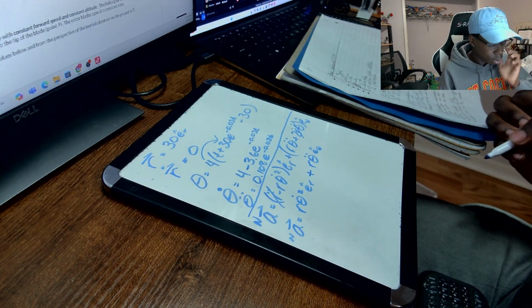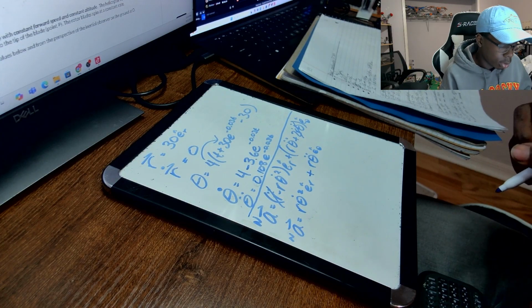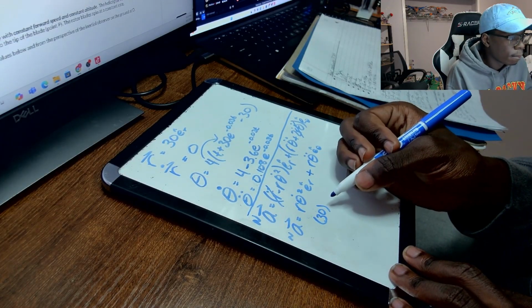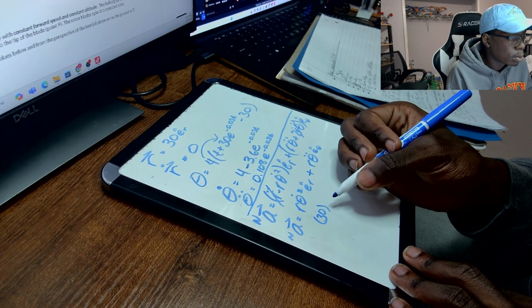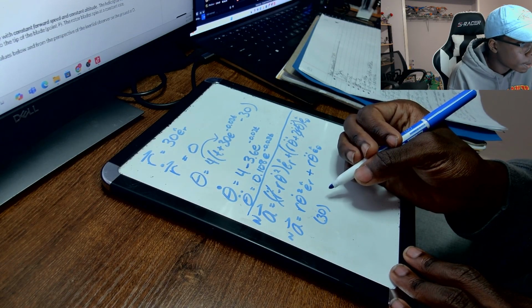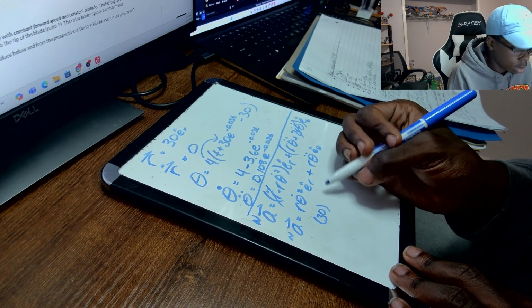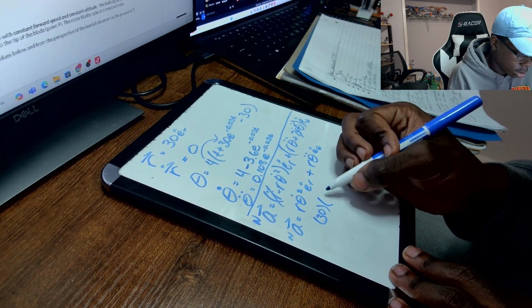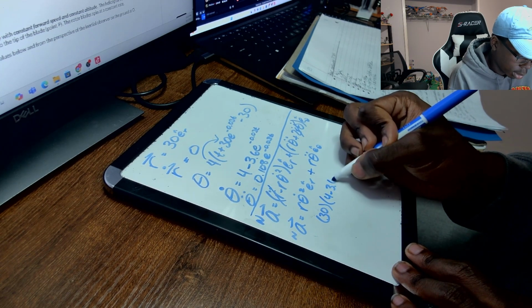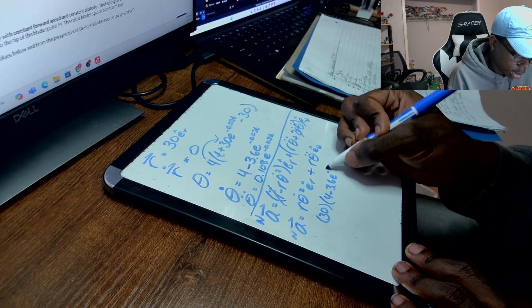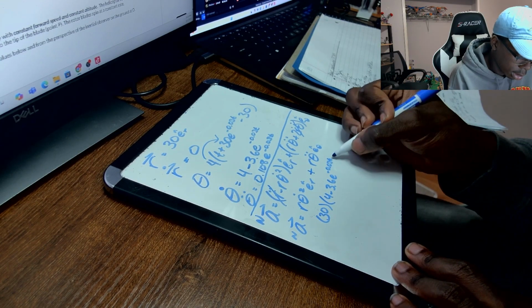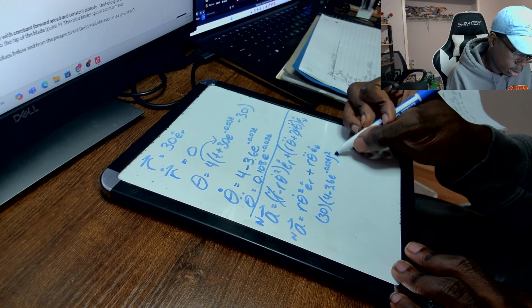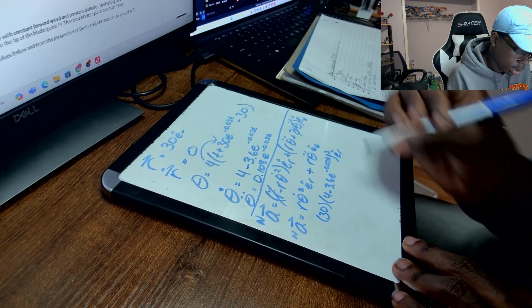All right. So we can now just plug stuff in. So we got 30 times 4 minus 3.6 e to the negative 0.03t, squared, er